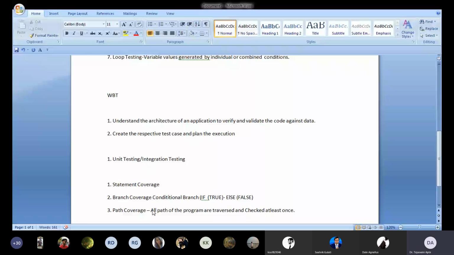Every path of your programming logic is being covered by your test case. And when is it going to cover? When you start executing with respect to one particular data. Do you remember what we have discussed? Verification is with respect to the process, but validation is with respect to the data. So the process is getting validated against the data,